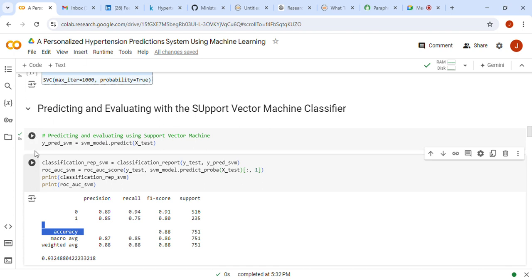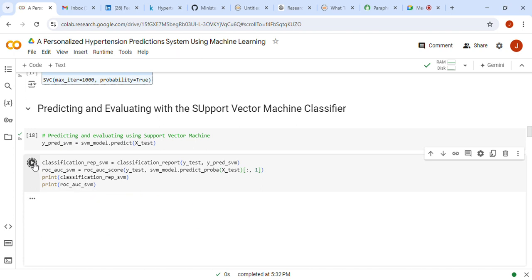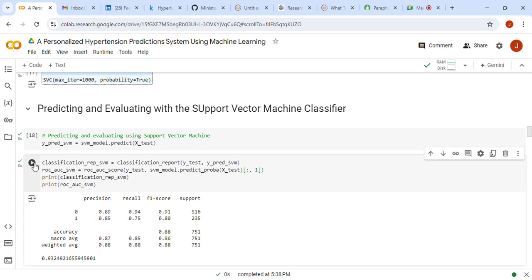Okay. So this print classification report SVM just prints out the results of the classification report, and print ROC AUC SVM prints out the results of the AUC report. So after that, you can see the basic